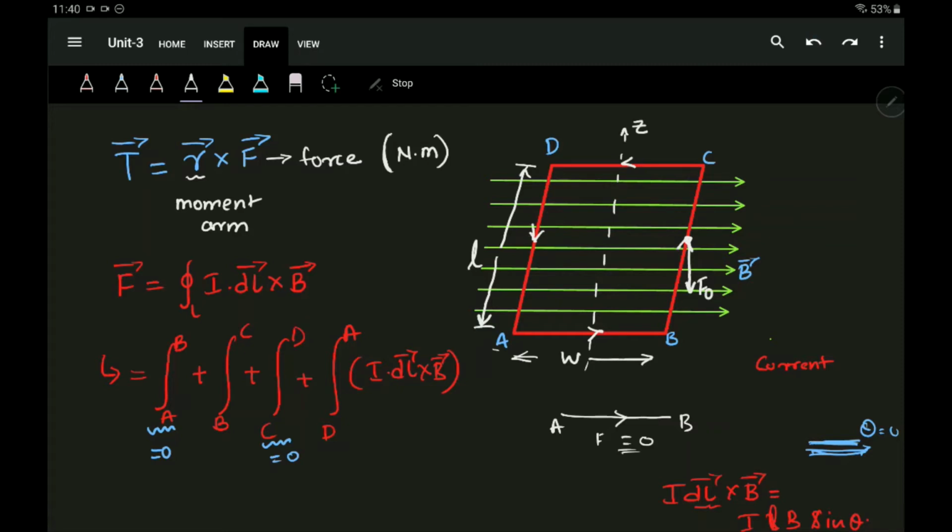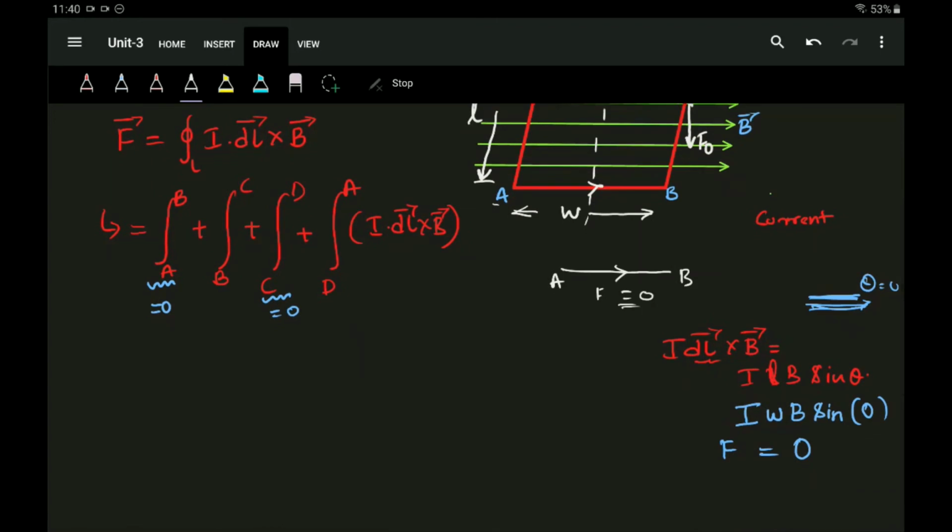So take for example something like this, upward, and I'll call it another F naught, because I'm just telling the magnitude. Since it is a steady magnetic field, the magnitude of the forces should be equal. Even though they are in opposite direction, the magnitude will be same, right? So these are the forces experienced by this particular current loop.